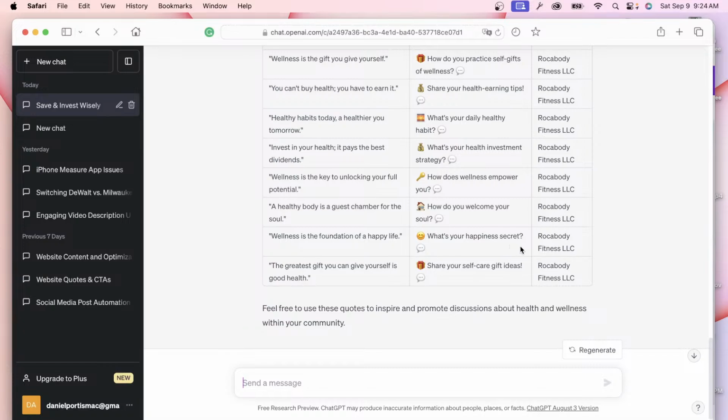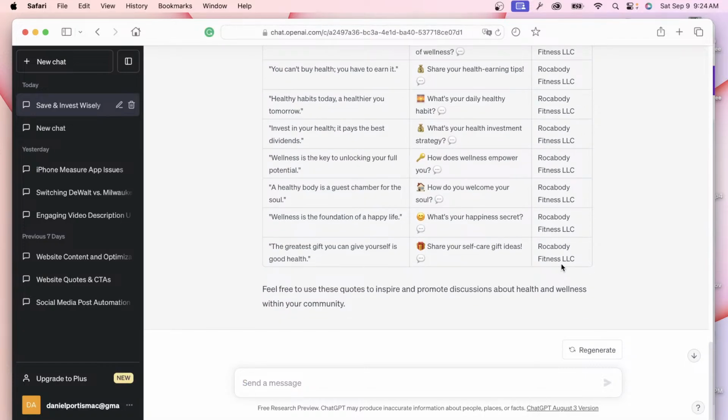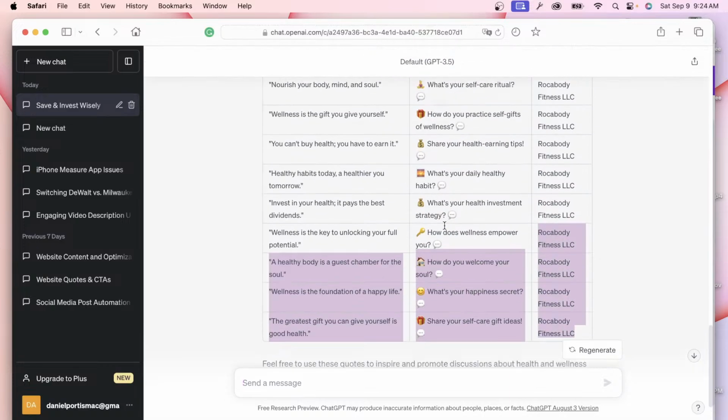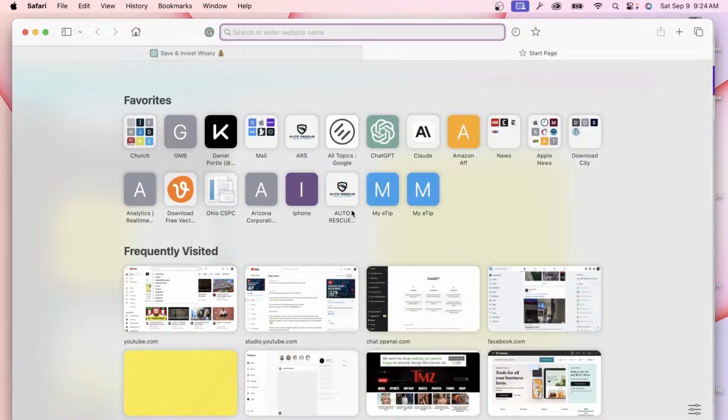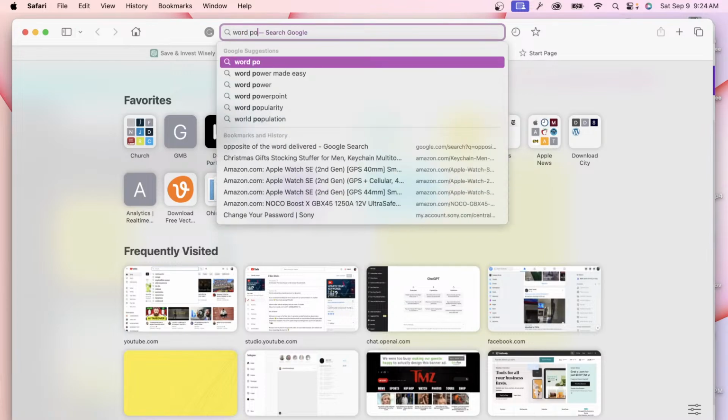What's your happiest secret? Just real simple, real basic little quotes. There is a person or an account on, let me go over here and show you this real quick, Word Porn